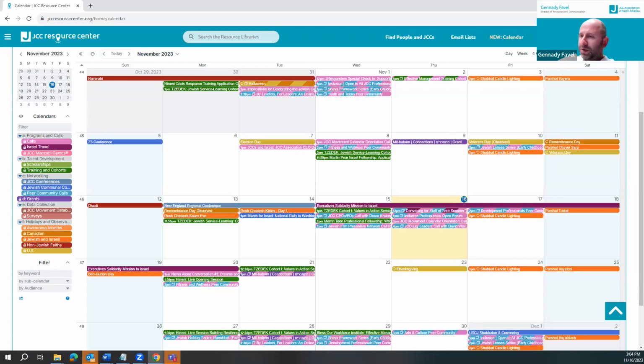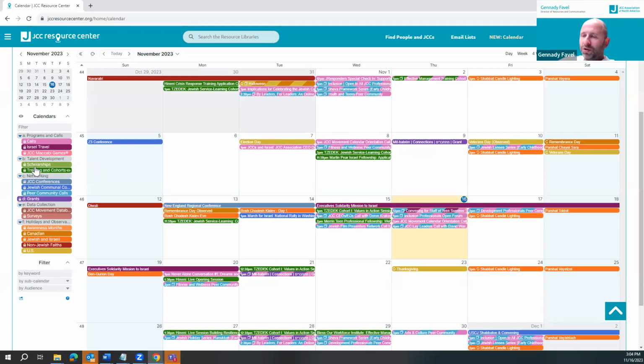So, for example, we have calls, which are informational calls and programmatic calls, usually that you would find in the program brief. We have Israel travel, so different programs and opportunities for JCC staff and communities to travel, items related to the JCC Maccabi games, scholarships, trainings, and cohorts.